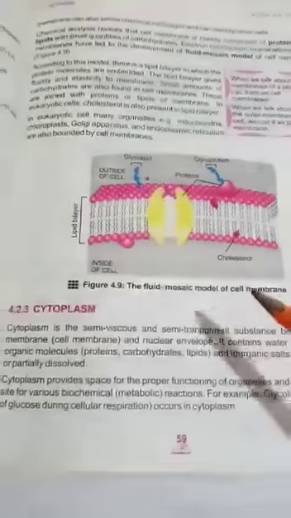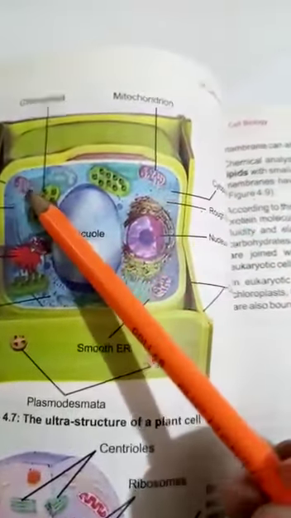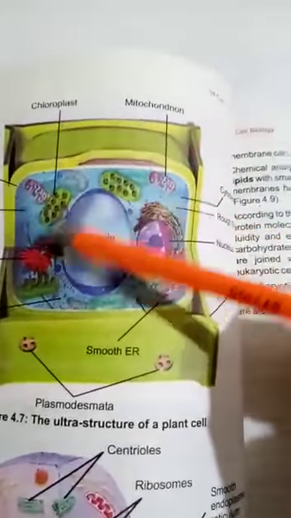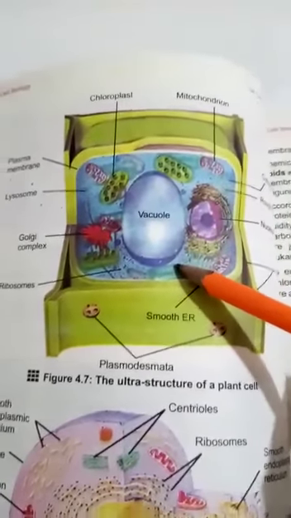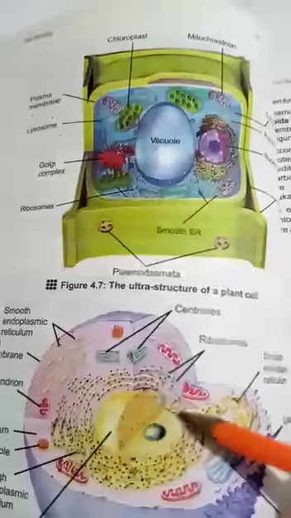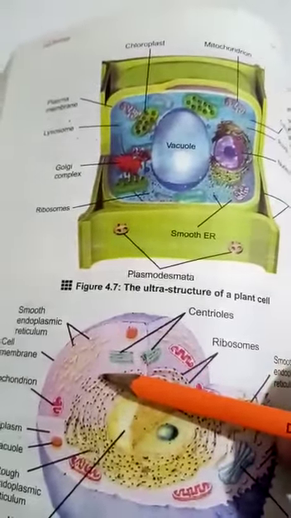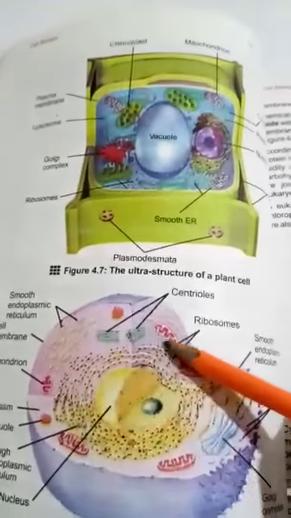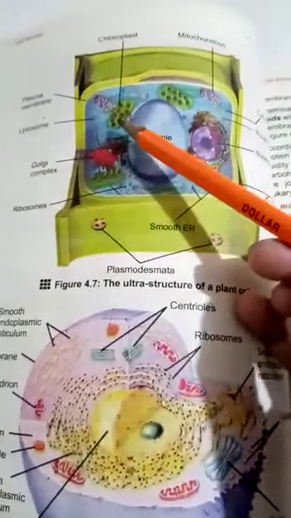Now the next part of the cell is the cytoplasm. Cytoplasm is a jelly-like substance which is semi-transparent because the other organelles are present. So it is semi-transparent, not fully transparent, and semi-viscous, that is it can flow to some extent. So the cytoplasm, which is shown in blue color, this liquid, is called cytoplasm, and this cytoplasm is present between the nucleus, that is outside the nucleus, and inside the plasma membrane. So this whole area is enclosing the cytoplasm. Inside the cytoplasm we see different organelles are present, and different chemical reactions also take place